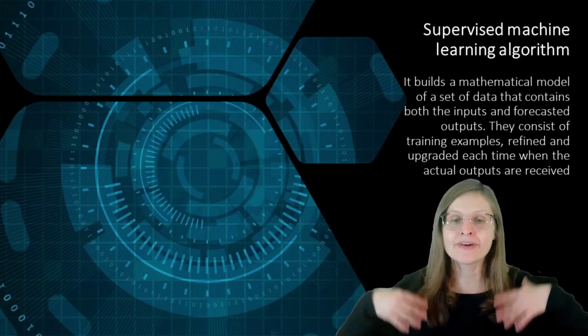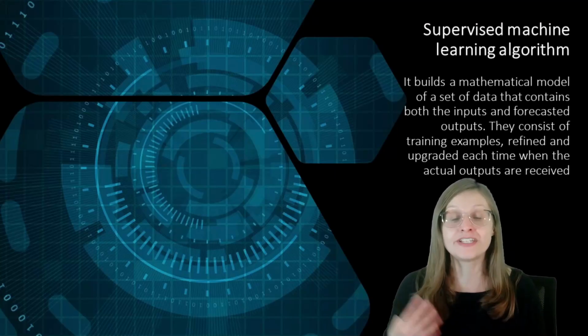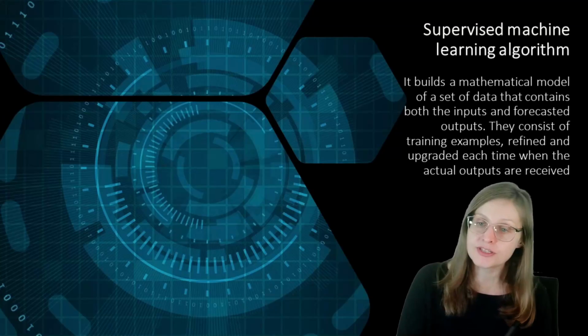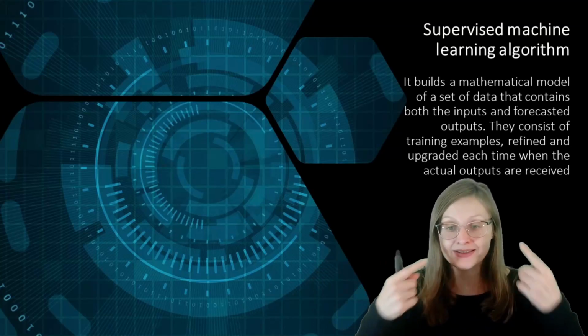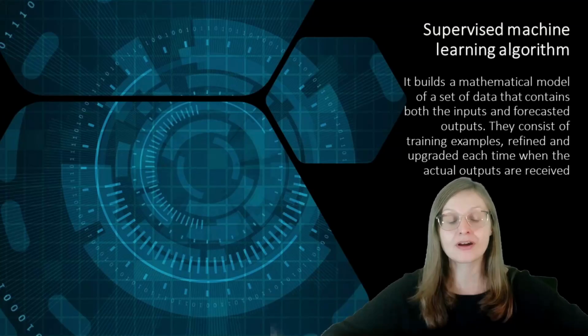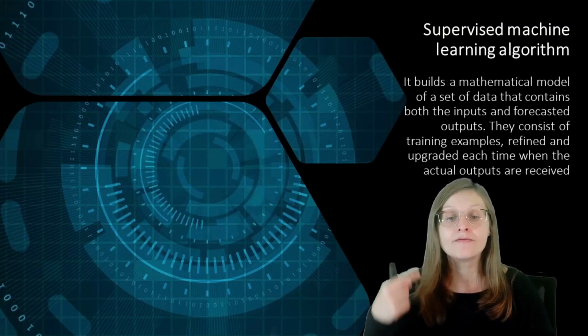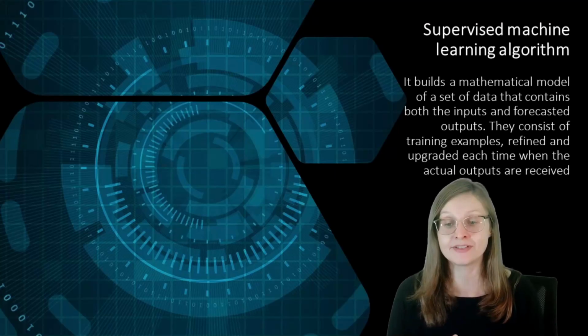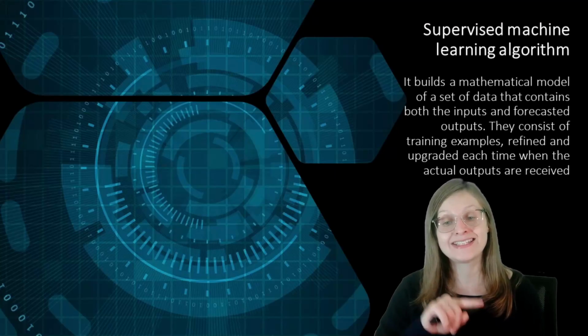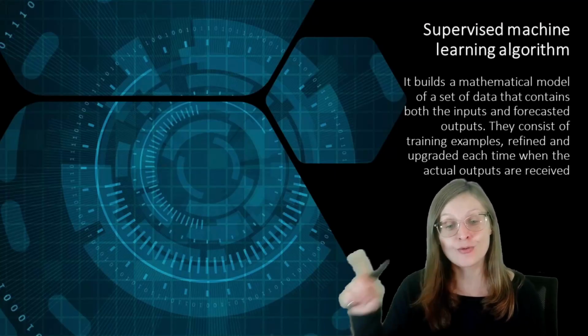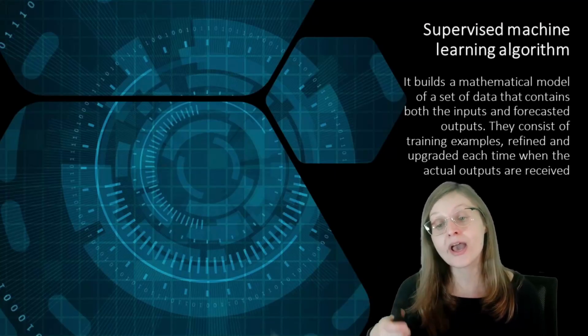It builds a mathematical model of a set of data that contains both the inputs and the forecasted outputs that consist of training examples, refined and upgraded each time when the actual outputs are received. In this way, this machine learning algorithm trains a model that dynamically processes new available data to make more accurate